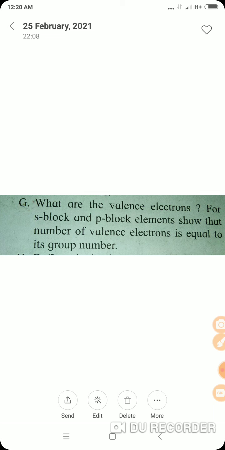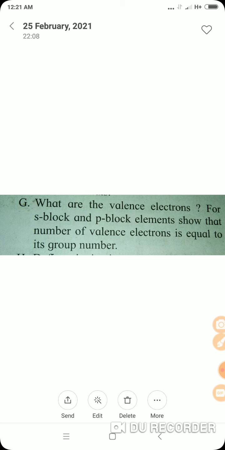Now we consider the example of the hydrogen atom and the sodium atom. Hydrogen is an exception case, but when we consider the electronic configuration of hydrogen and sodium, both contain their valence shell electron in the s subshell, so they are present in the s block. And for the p block, when we consider the electronic configuration of neon, 1s2 2s2 2p6, as the last electron is present in the p subshell, this element is present in the p block.